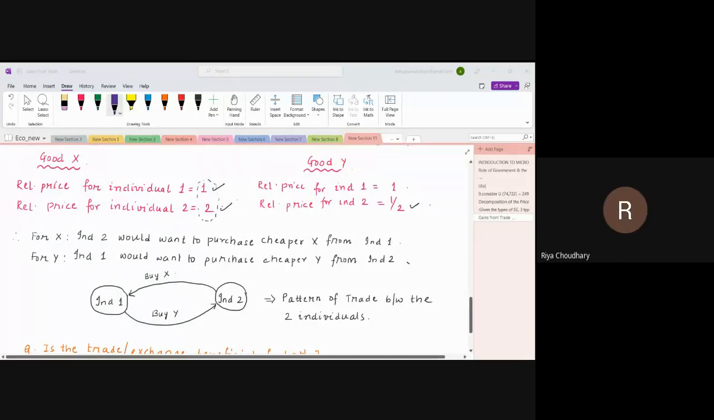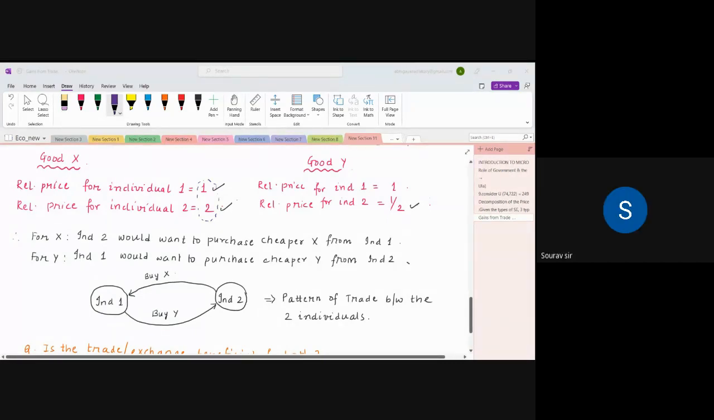Yes, sir. Just look at the figures. Nothing else. Just looking at the figures. Okay, so the crux of the matter is, yes, Ankit? सर मेरा एक क्वेश्चन है यहाँ पर। तो यहाँ पर हम लोग जो इंडिविजुअल टू है गुड एक्स के हिसाब से देख रहे हैं। तो इंडिविजुअल जो टू है उसका रिलेटिव प्राइस घट रहा है इस ट्रेड की वजह से।